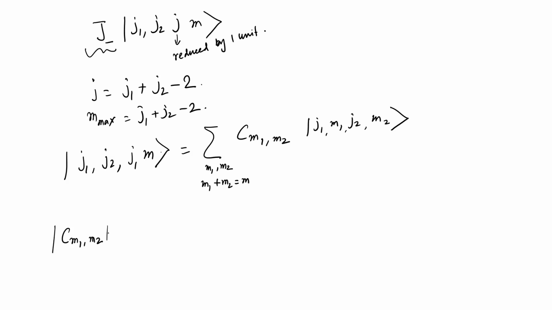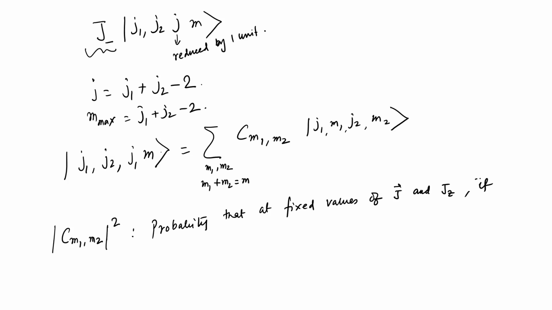Yes, they do. Its mod square is the probability that, at fixed values of j and jz, that is the way we are writing it, a j and jz measurement